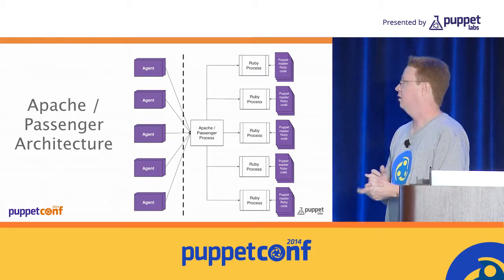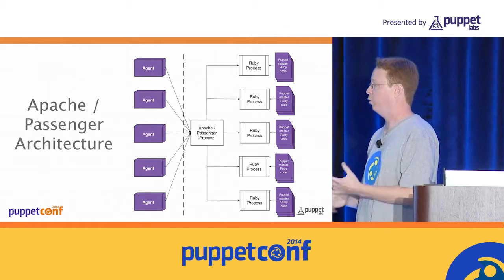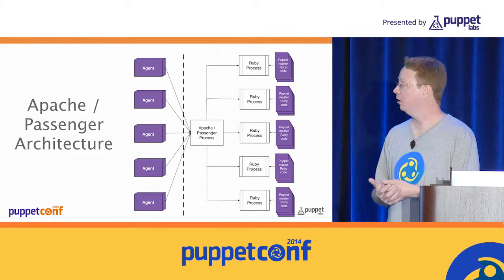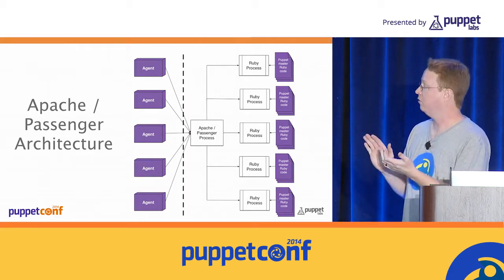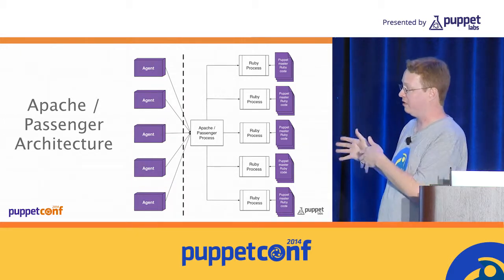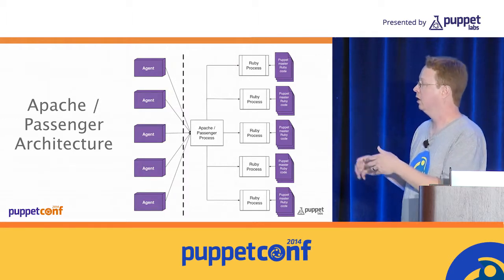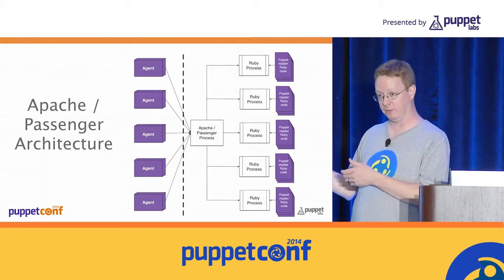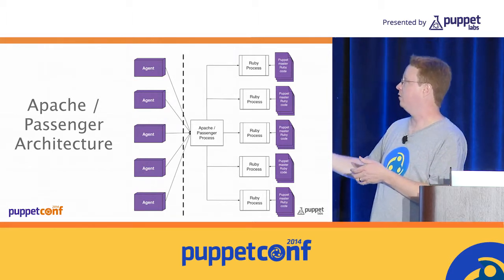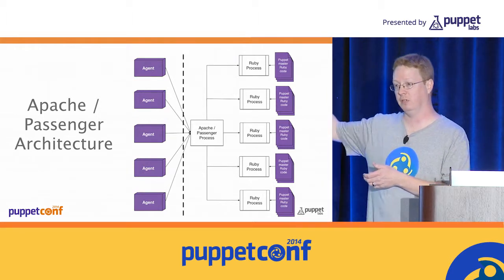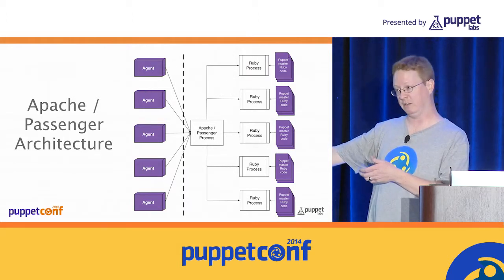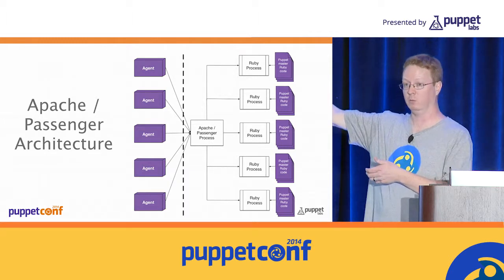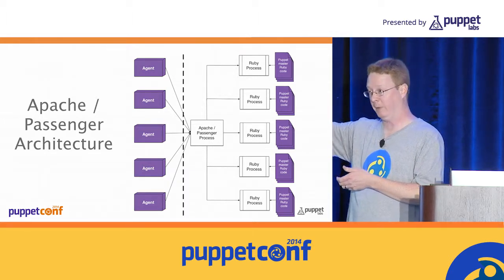So this is kind of a rough representation of what our deployment model looks like when we're running under the Apache and Passenger stack. On the left, you've got all of the Puppet agents making their HTTP requests up to the master. Apache receives those. Apache is configured to use Passenger to handle them. Passenger is configured to spawn off some number of Ruby sub-processes. And then those processes are what actually loads up the Puppet master Ruby code, which eventually ends up handling the